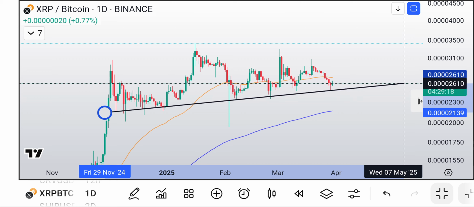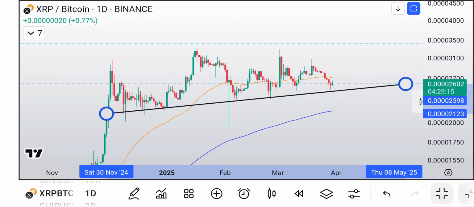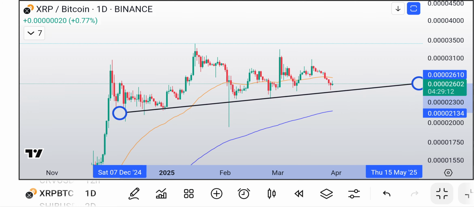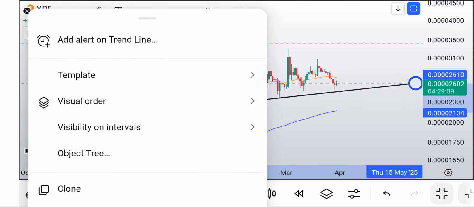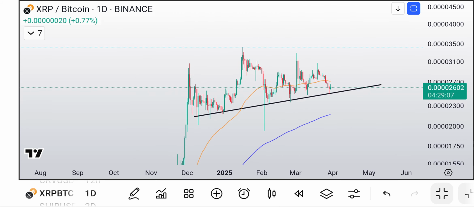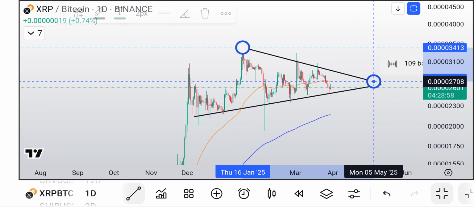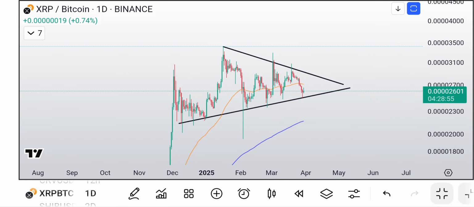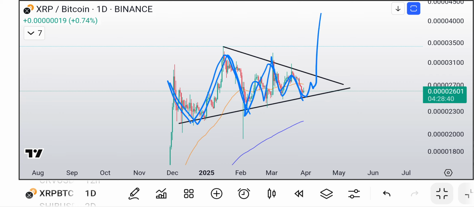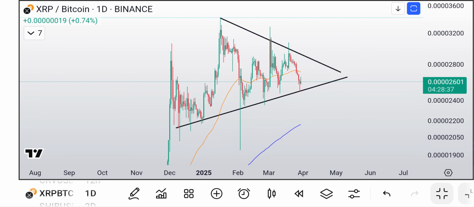Let's see. Right about there, because that would allow me to connect. Actually, yeah, like right there. So we're still looking good on the trend line. And then we have another line right here. So is that a triangle? Could be like A, B, C, and then you get D, and then you get E, and then go. I mean, it could be a possibility.